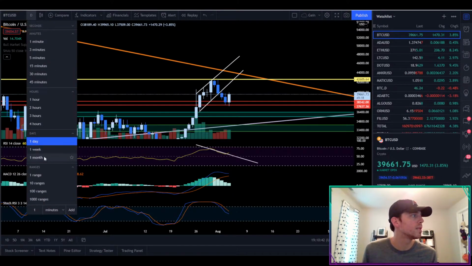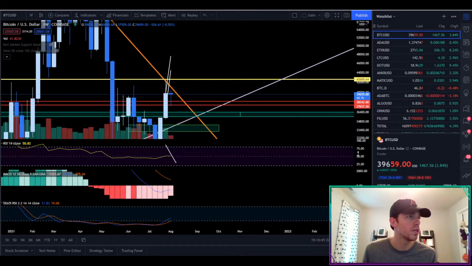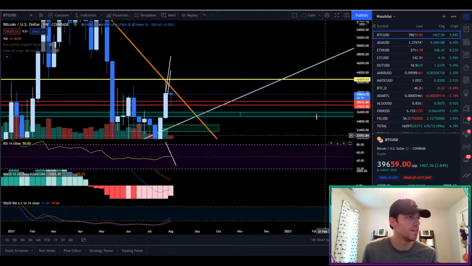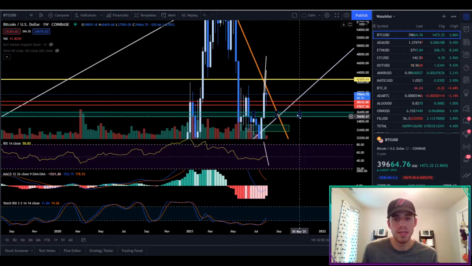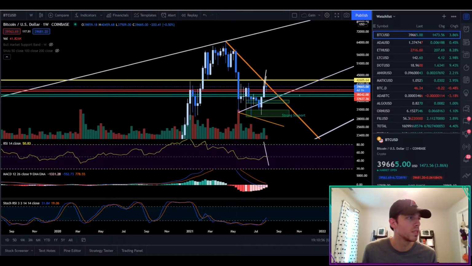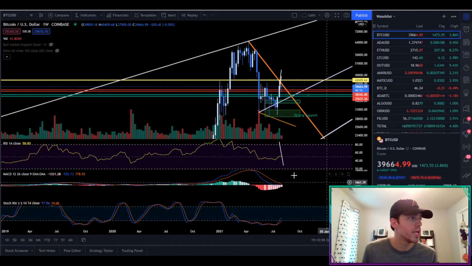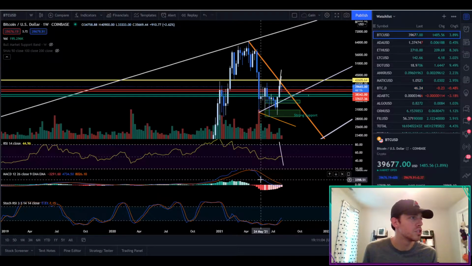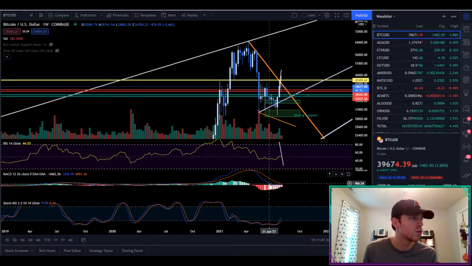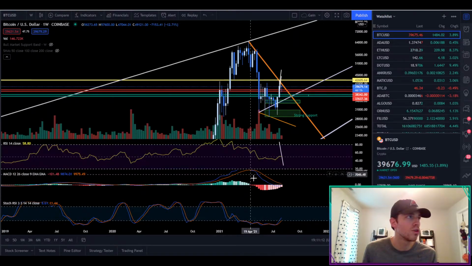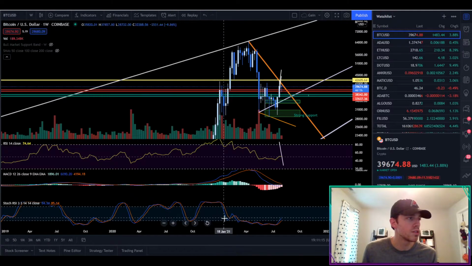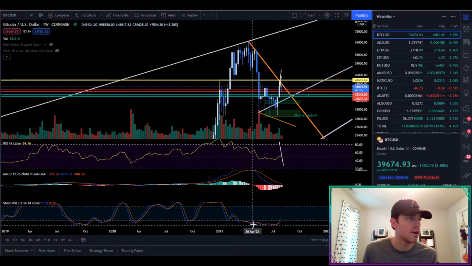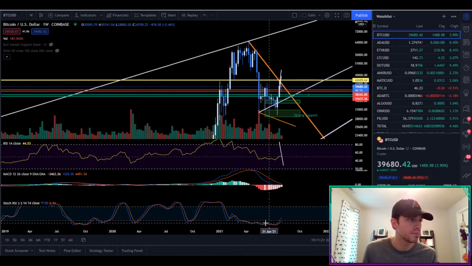Now, if we zoom out even further, they look better. So you look at our relative strength, it is at 50. So we're not in a high place at all for relative strength. There's definitely room to grow. And if you look at our MACD, we are starting to turn around, where that blue MACD line is starting to curl up, and you're starting to see the potential turnaround for price action. And if you look at our stock RSI, we've been sitting down here below the 20 line, or below the